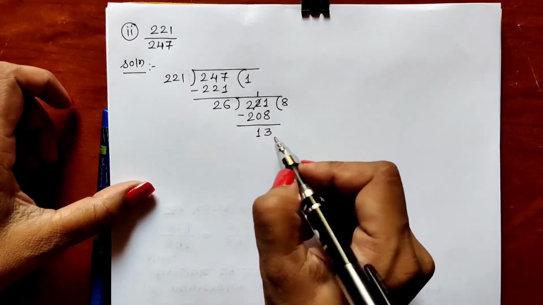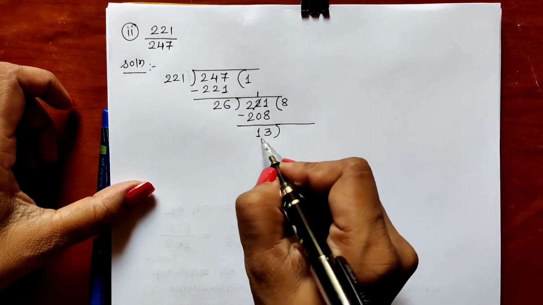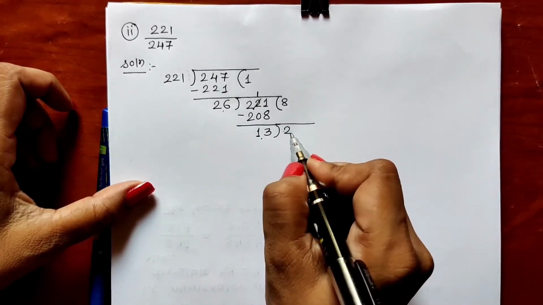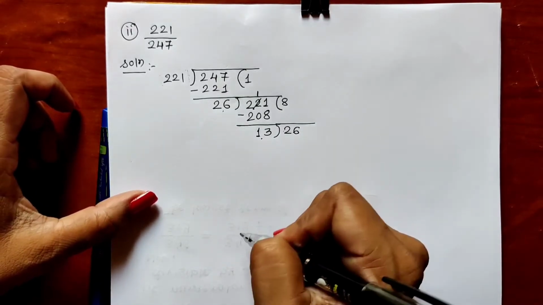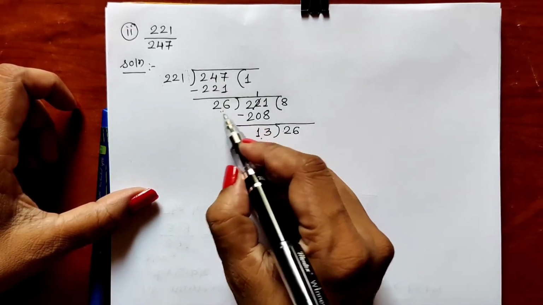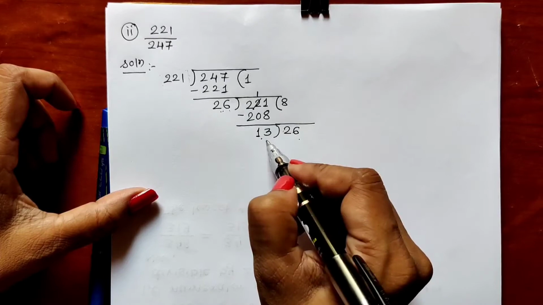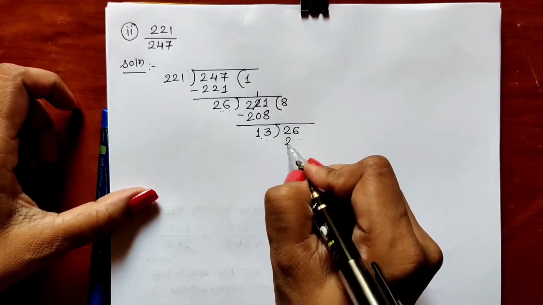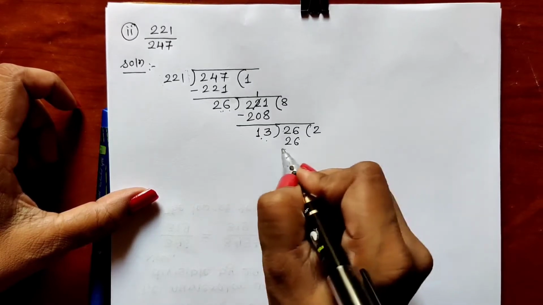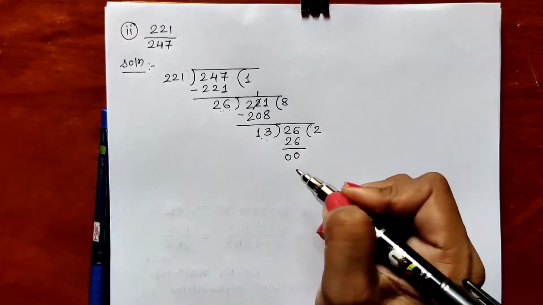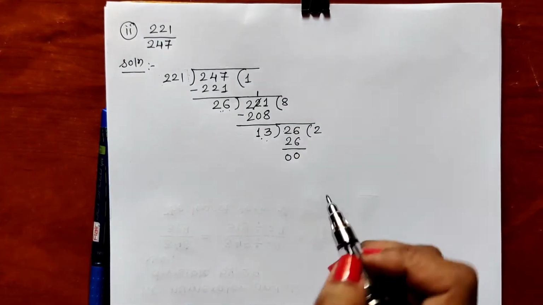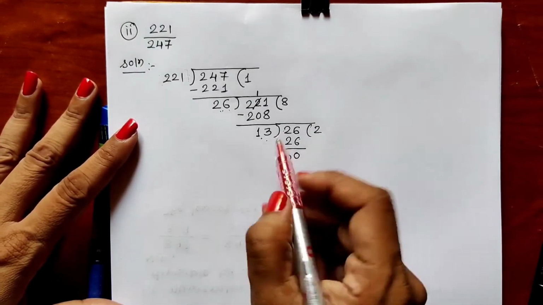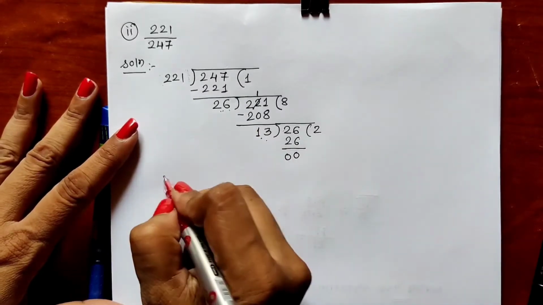So remainder from the second step will become divisor of third step, and the divisor of second step will become our dividend of third step. Okay, so this divisor we write as the dividend, and this remainder will become divisor. Now divide. We all know table of 13. 13 2s are 26. So in this way we have got remainder 0. So when we get the remainder 0, that means what? Divisor of that last step is our SCF.